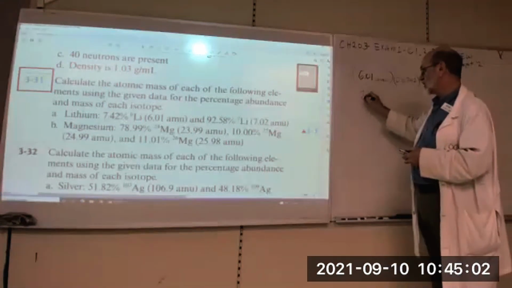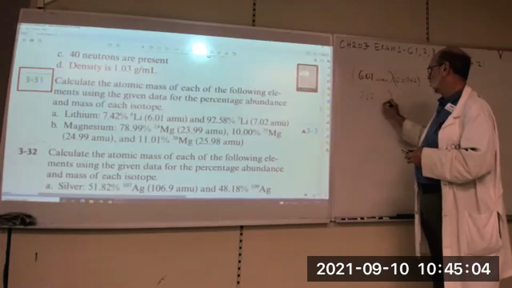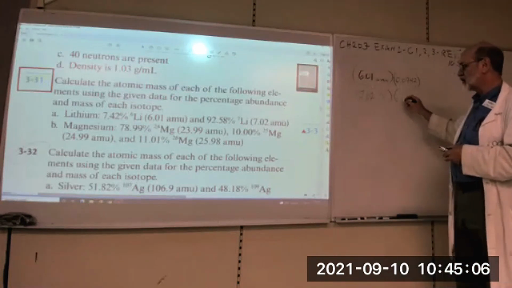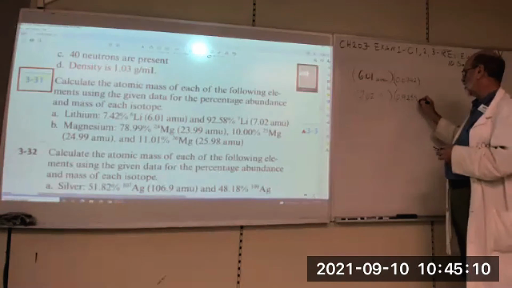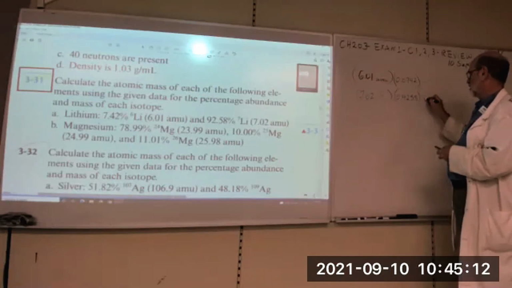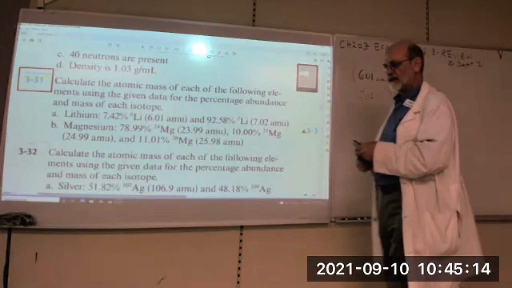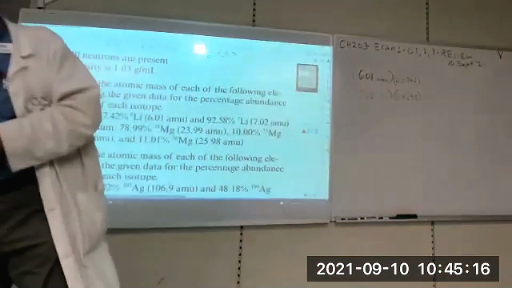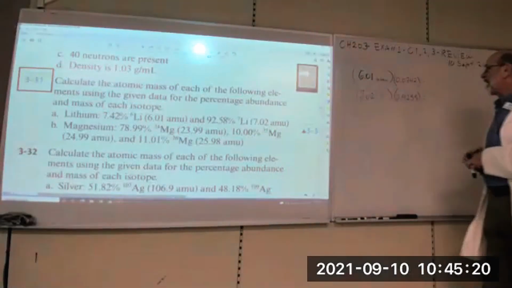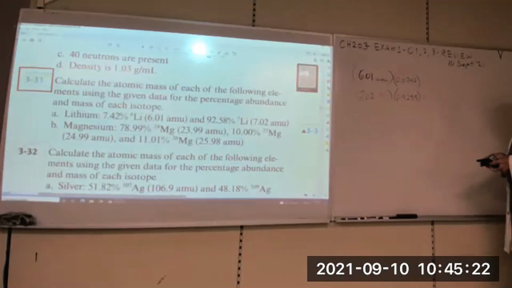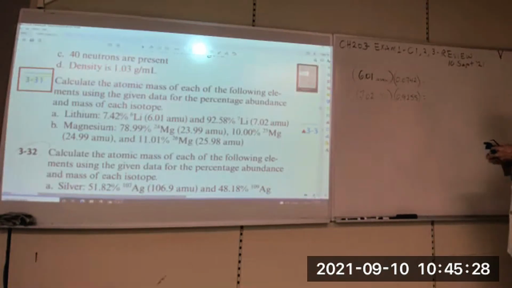The other one is 7.02, and its abundance is 0.9258. Okay. So you just multiply those and add them together. That's the weighted average. So 6.01 times 0.0742 is,